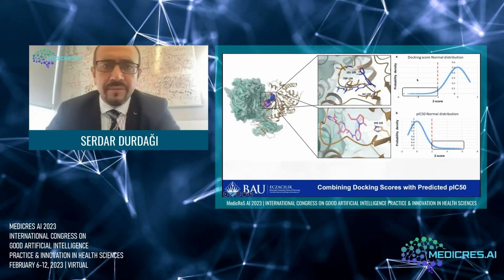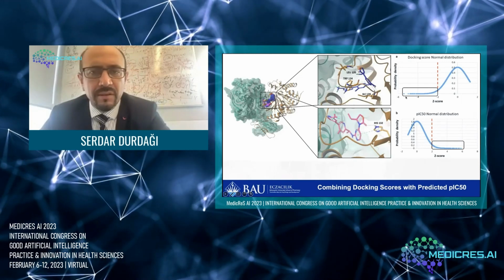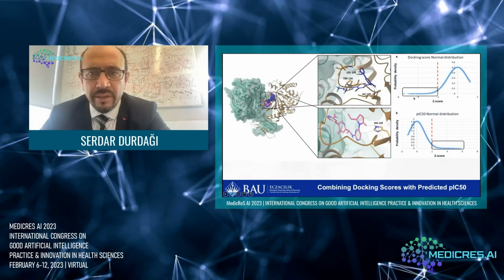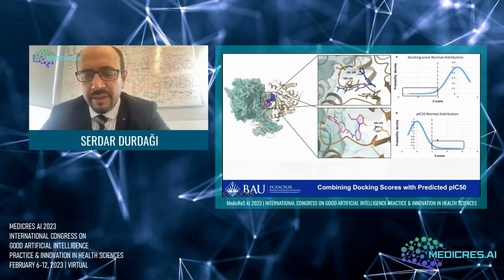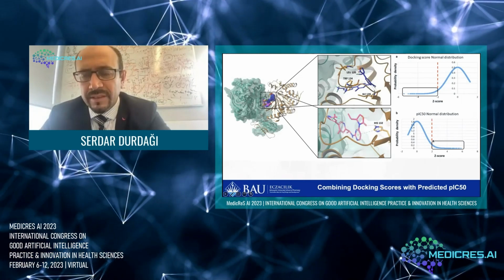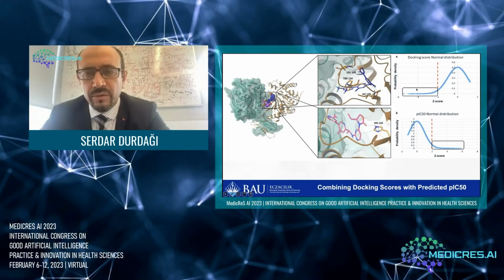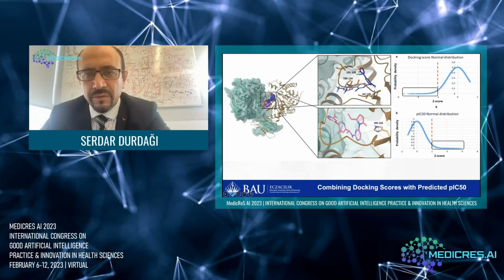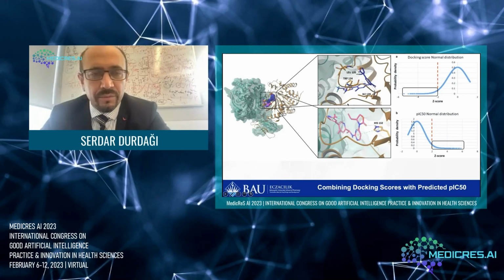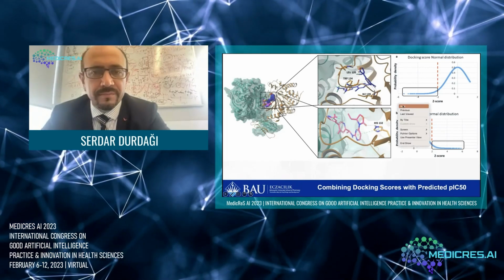Here you can see the example of the docking and pIC50. So we used a normal distribution curve, and we tried to get the high docking score and very good pIC50 value. For the pIC50, we used the Z-score threshold of +2, and for the docking, we used -2. Then we looked at the common compounds among these two groups, and we used only these compounds in the further analysis.